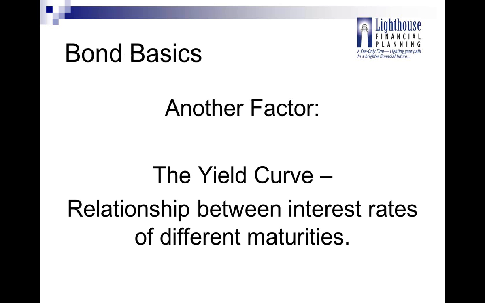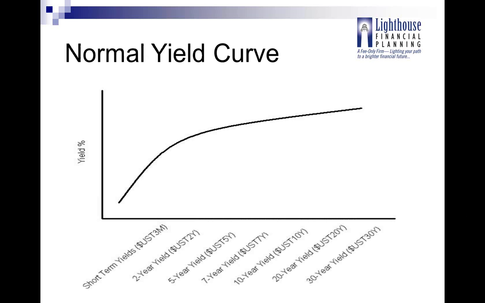But that's not the whole picture. Let's look at another factor here, and it's called the yield curve. The yield curve is the relationship between interest rates at different maturities. So I tried to find a picture on the web for this presentation, but I couldn't find one. But I remember many times walking into a bank, and they would have a placard by the front door, and it said, 3-month CD, 6-month CD, 1 year, 2 year, 3 year, 5 year, something like that. And you could see the different interest rates you'd get, and the longer the maturity, the higher the interest rates. That would be a yield curve for a CD.